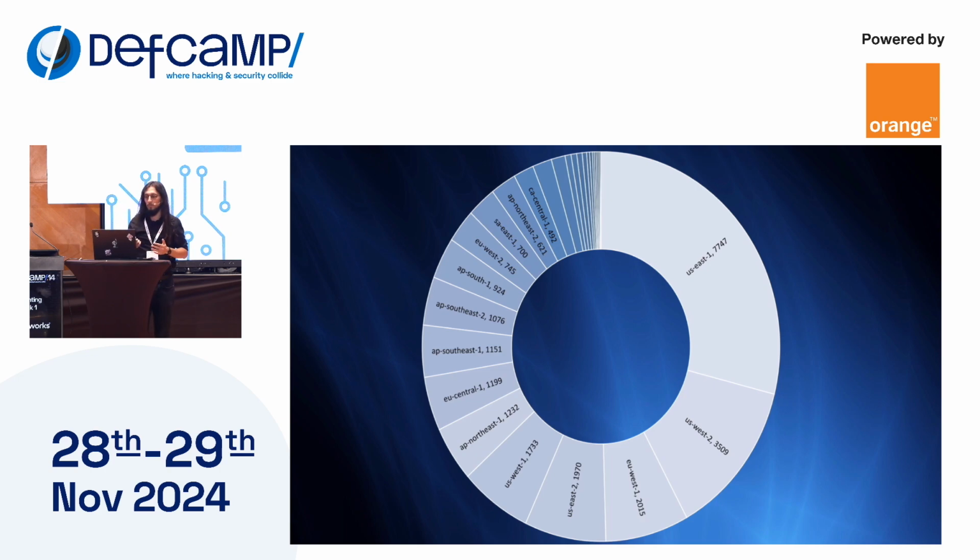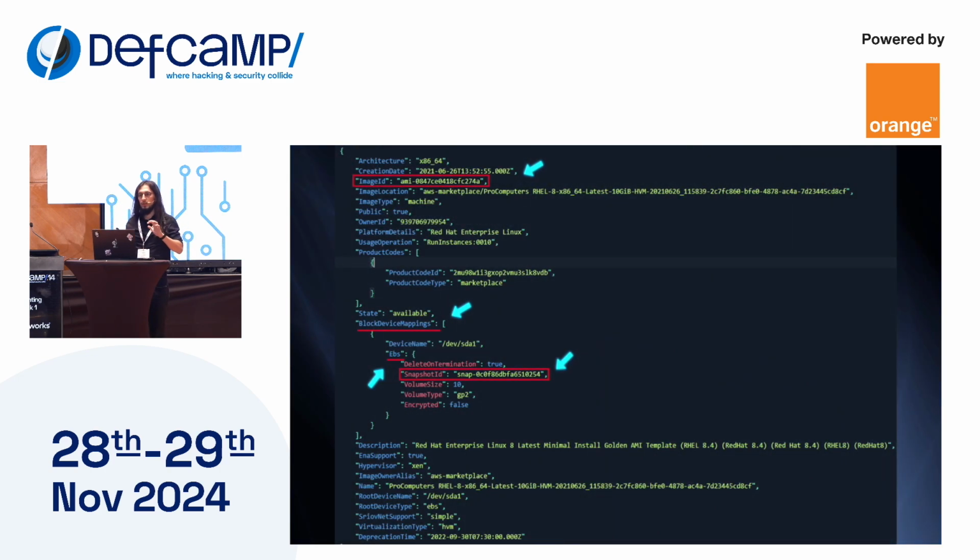And when I say we collected the AMIs, at this point, I'm referring to the JSON definition of every AMI. And here we can see some interesting information, like we have the owner ID. This is relevant because if I know the account ID of my target, I can directly search to see if they have public AMIs. Additionally, we have description and name. Again, if I want to target a specific company, let's say I want to target DefCamp, right? I will search for AMIs that have DefCamp in their name or description.